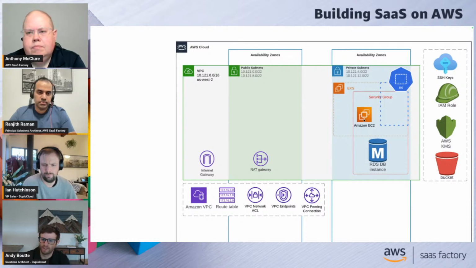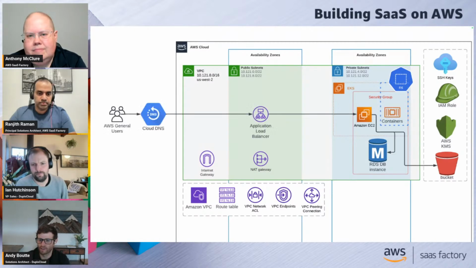This EC2 instance's access at a network level to this RDS is automatically handled by DuploCloud. So the user doesn't have to think about or manage security groups. The security group and what ports are open is managed by Duplo. And then similarly, the EC2 instance and any containers running on top of that EC2 instance will automatically have IAM access to the S3 bucket, because the tenant itself is the thing that creates the IAM role and the policies associated with that IAM role. So there's no security groups to manage, there's no IAM roles, there's no instance profiles, IAM policies to manage. Duplo manages all that. That's amazing.